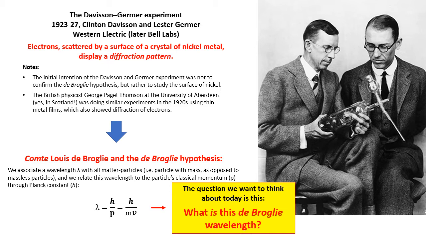So the question we will want to think about today in this presentation is, what is this de Broglie wavelength? What is it really? How should we imagine it? Because I said it is kind of a weird thing. If the momentum is zero, so in the frame of reference of our electron itself,